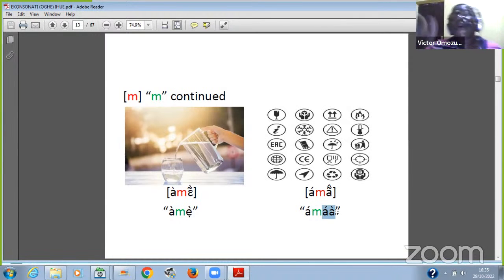But if you just write it with only A, many people will not know how to pronounce it in writing. And that is why many people say Edo is a very difficult language to learn. It's not difficult. It's because right from the beginning, when it was taught in schools, many things were left out, taken for granted. But when we write it like this, it's to guide people how to accurately pronounce it, especially the non-Edo speakers. Like I said, a native Edo speaker will pronounce it normally. But when it comes to writing, it becomes a problem.